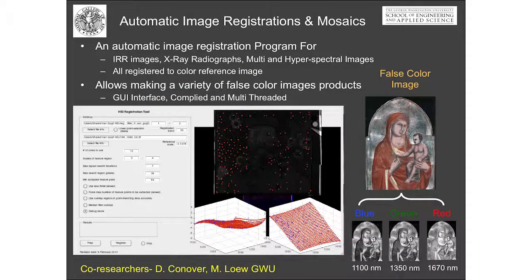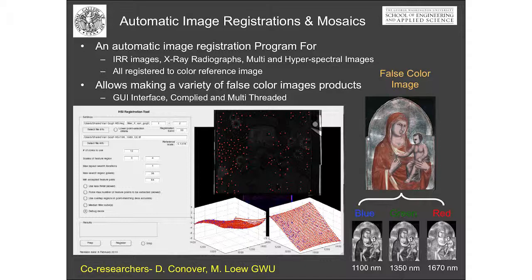So the registration problem is kind of systemic throughout everything one does when one wants to compare two sets of images. The problem of change detection over time has been talked about earlier. It can also be: what is the relationship between what I see on the surface of the painting and what's below, or how do I compare two different paintings. And so the task that we took was to look and say,